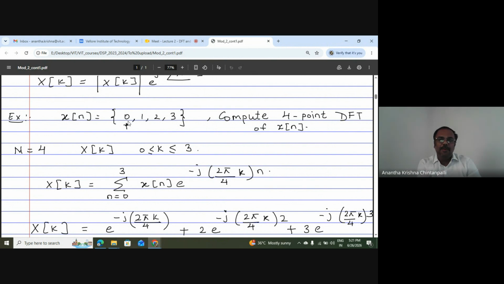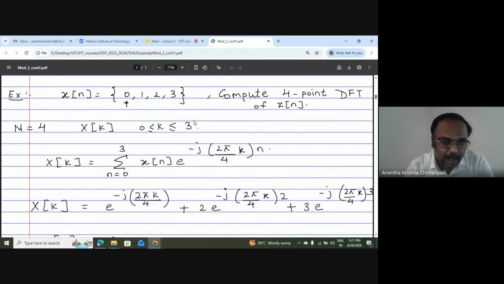So I want to compute a 4-point DFT, which is nothing but capital X of k. So what is the length? Length is going to be 4 because this is 1, 2, 3, 4. Okay. So my k will go from 0 to N minus 1, so 0 to 3. So I go back and put it in the analysis equation, which is given by capital